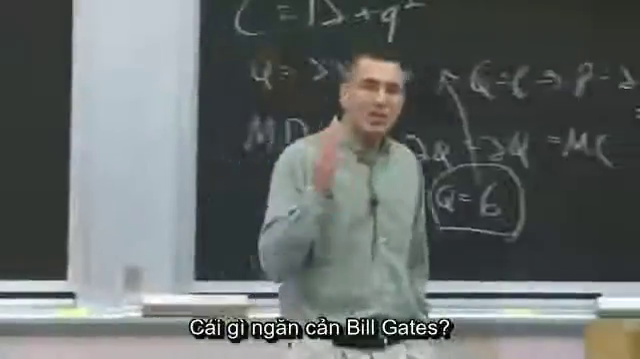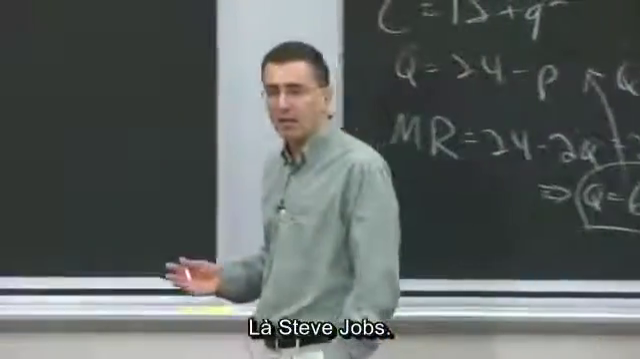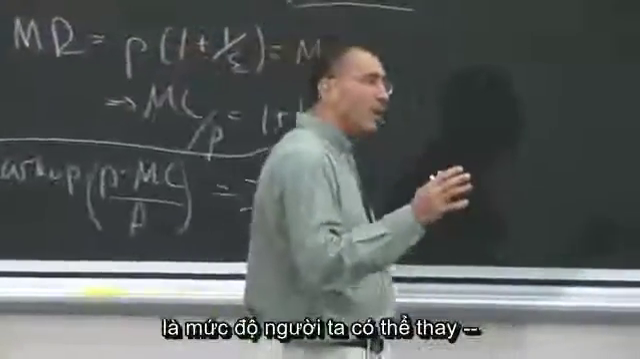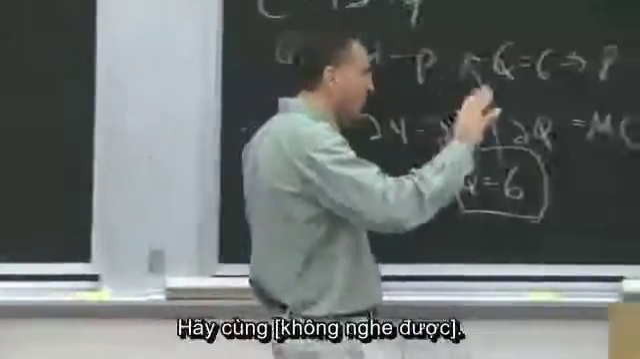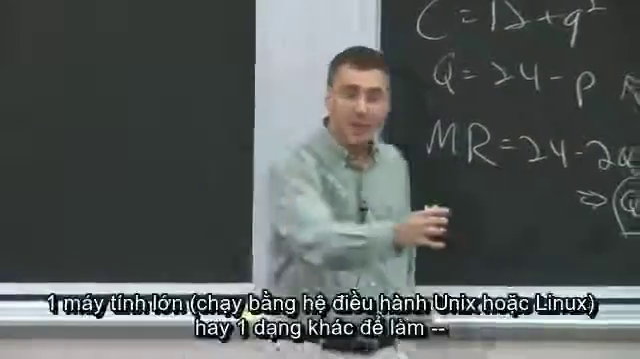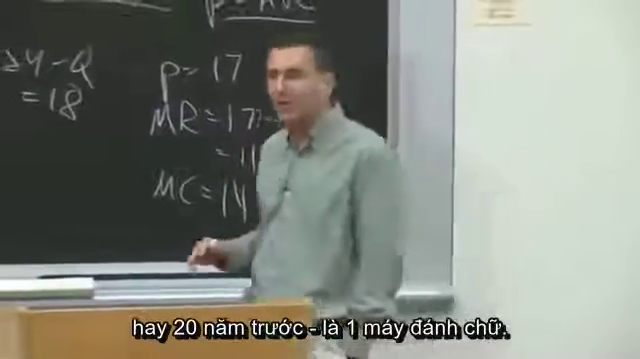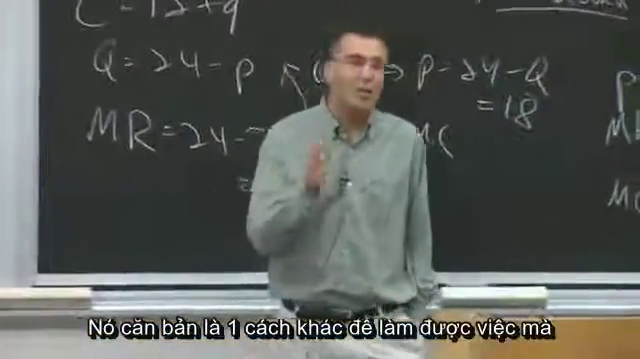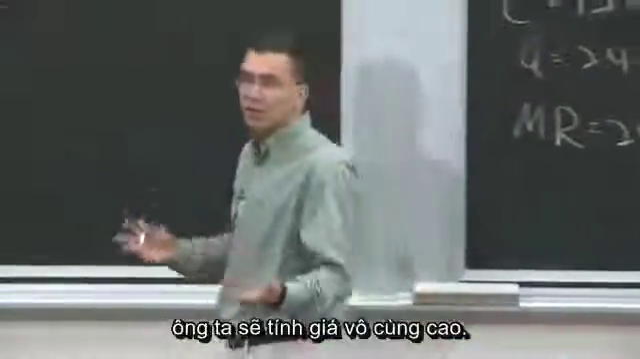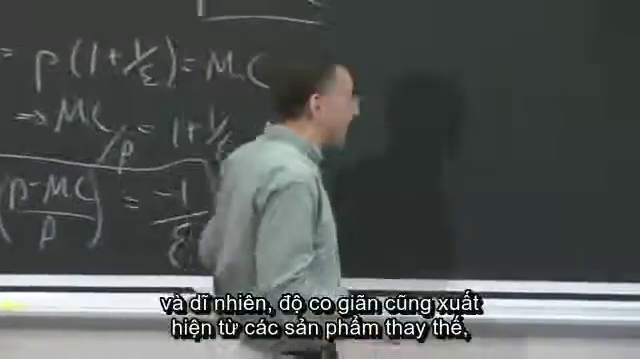Basically, what is the constraint on Bill Gates? It's Steve Jobs. Okay? It's substitutes. The only constraint on a monopolist is the extent to which people can actually, no, let me go back. That's not a good example. What's the constraint on Bill Gates circa 10 years ago? The constraint on Bill Gates circa 10 years ago was a mainframe or some other form of doing the set of things, or 20 years ago it was a typewriter. It was basically the fact that there was some other way to do what Bill Gates was letting you do. Okay? If there was no other way to do what Bill Gates was letting you do, he would charge an infinite price. Clearly, if there's some other way, then elasticity, of course, comes from substitutes,